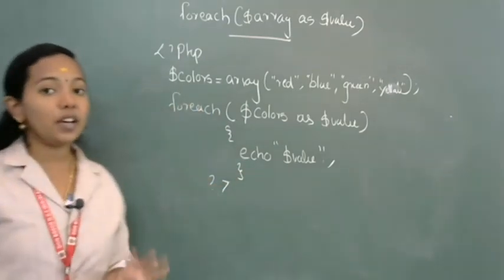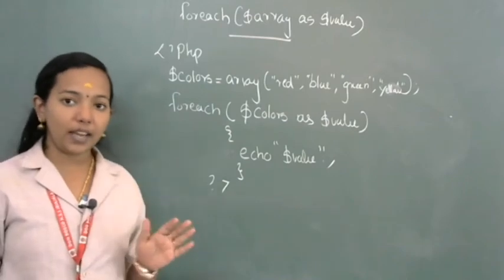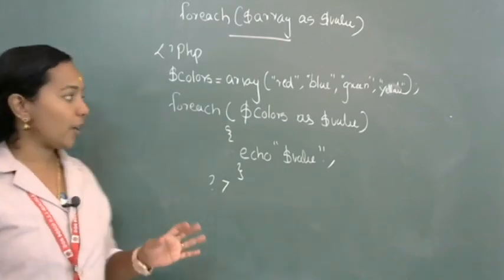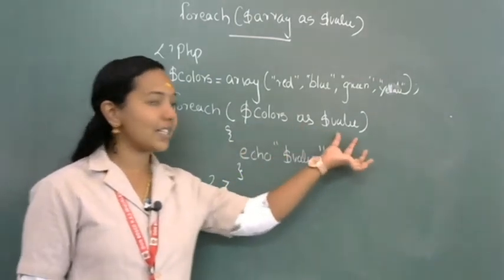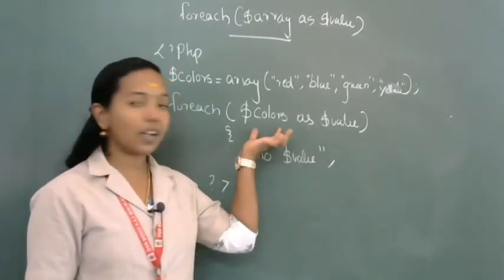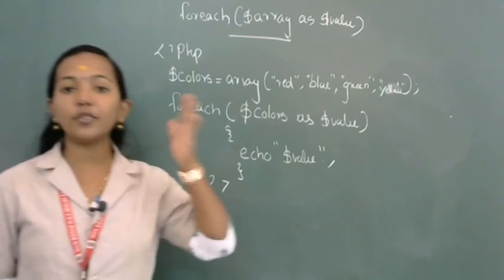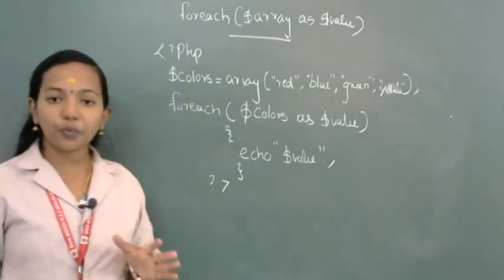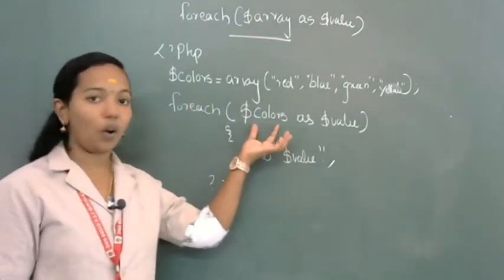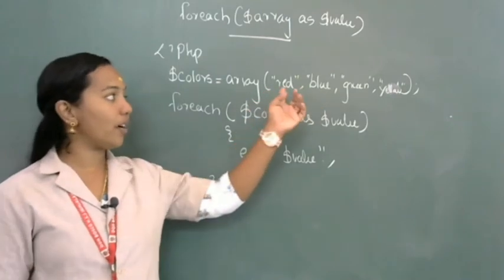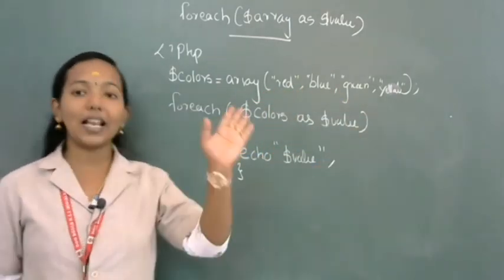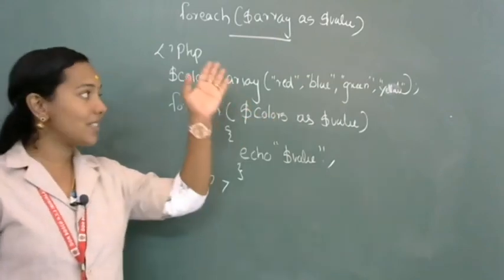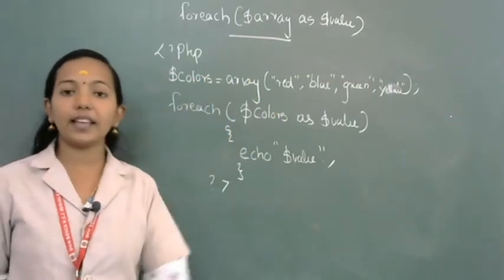Anywhere, did we mention the location? No. Instead of location, what did we mention? $colors as $value. $colors as value means according to the location. According to which format we saved values in $colors? Here you know the order: first one is red, blue, green, yellow. $colors as $value, then automatically, starting from the first location, we will get the value.